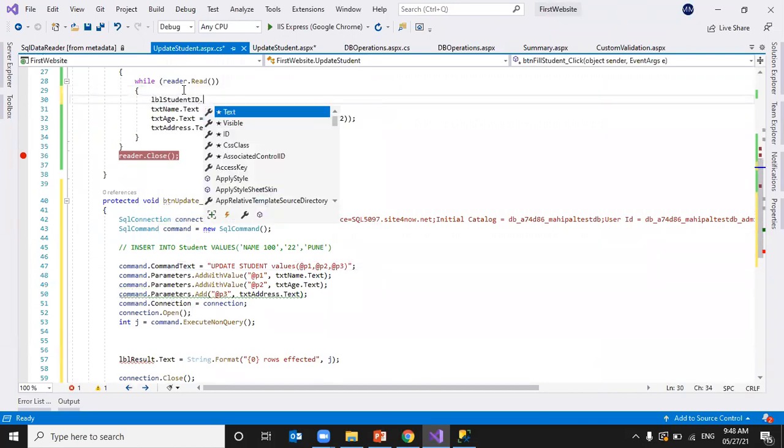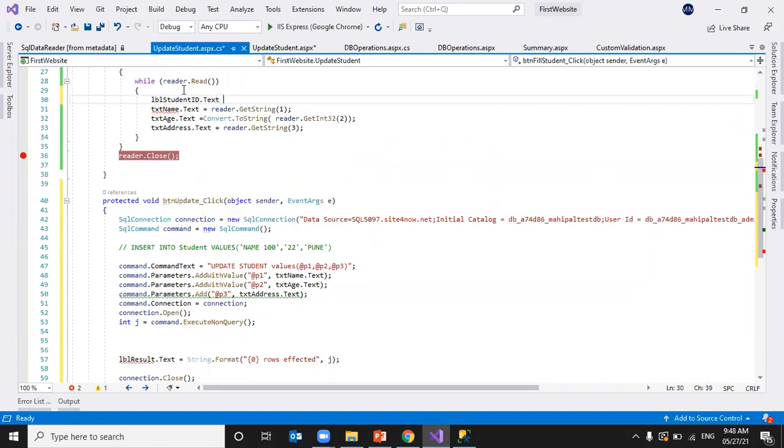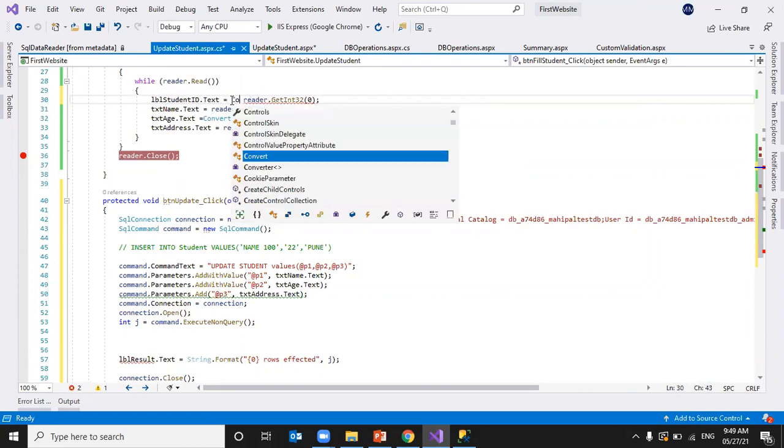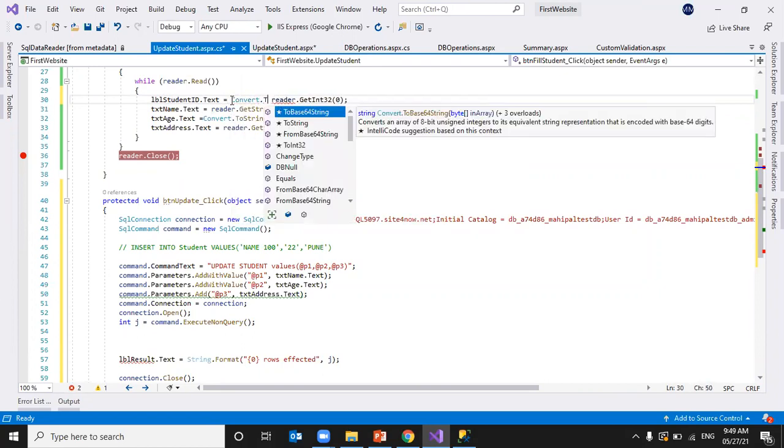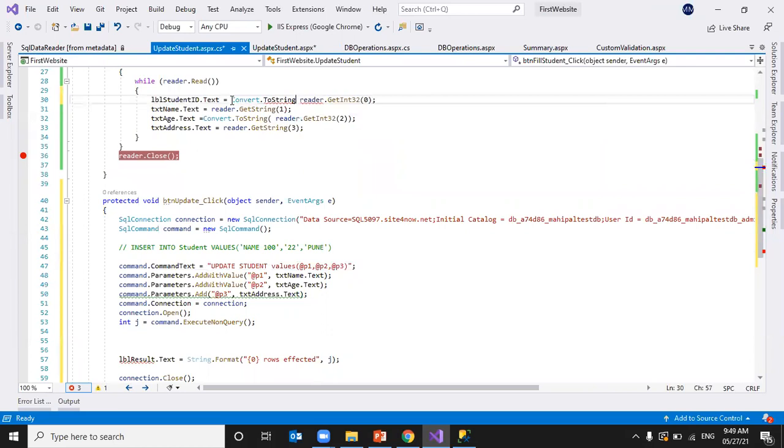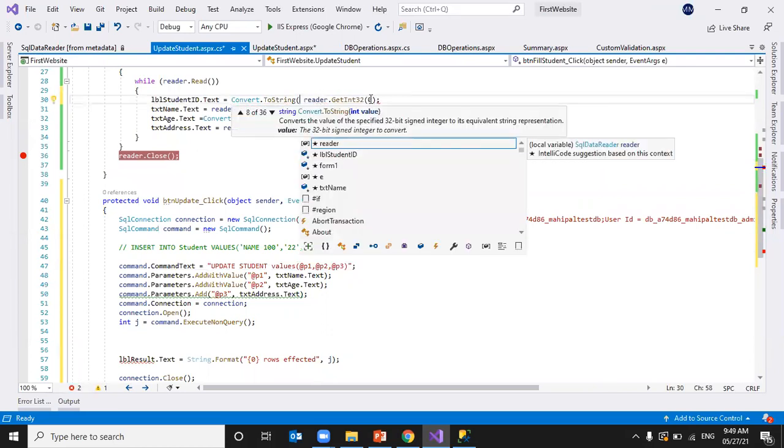labelStudentID.Text equals reader.GetInt32 of 0, since the index of the value is 0. As this is an integer type, to assign it to text we have to convert it to string.